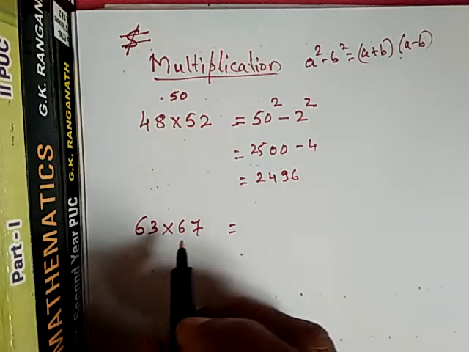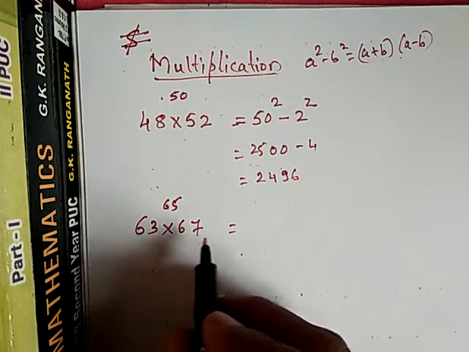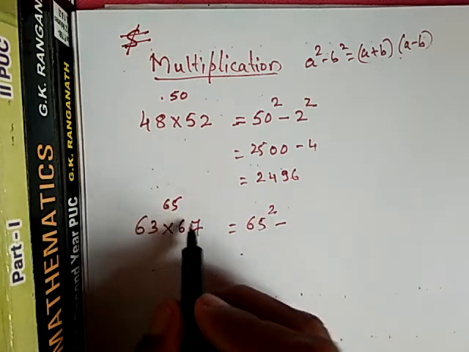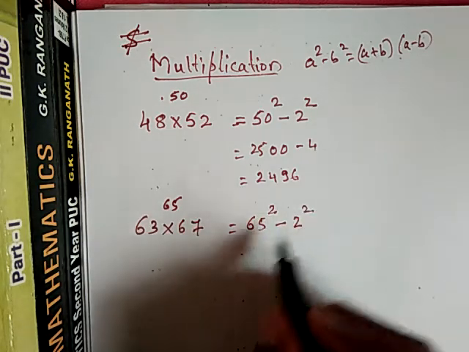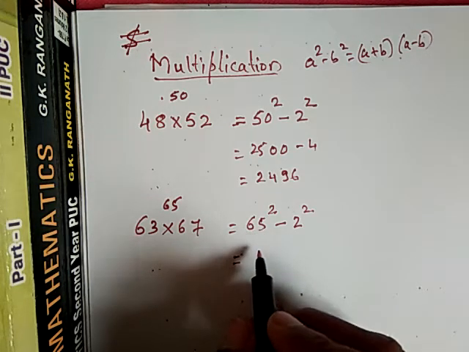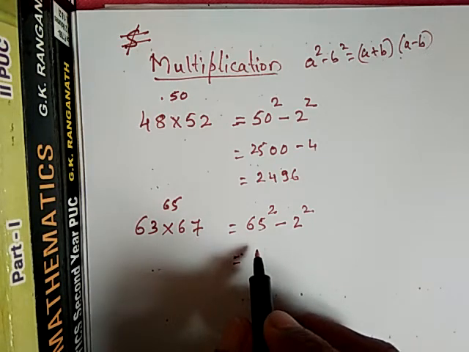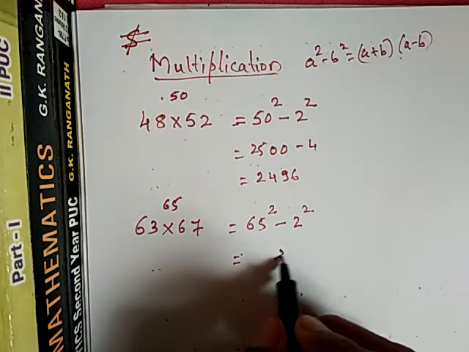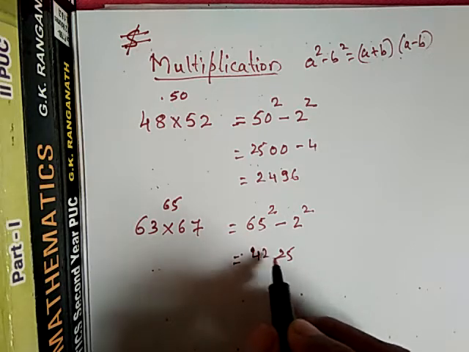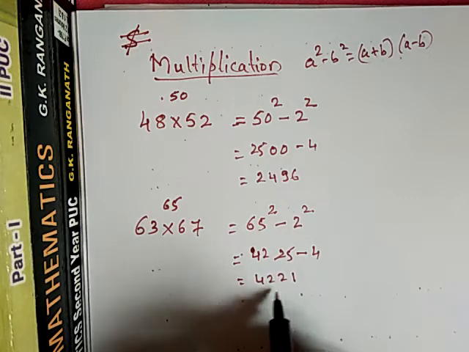So what is the middle here? 65 is the middle here. So you can write 65 square minus, what is the difference of these two? Here 2, so 2 square. So 65, when it is ending with 5, you have solved in the first trick, the second trick, same numbers ending with 5. There you can see 5 5s are 25. 6 is there, next digit of 6 is 7. So 6 7s are 42. So 4225 minus 4. So 4225 minus 4 is 4221 is the answer.